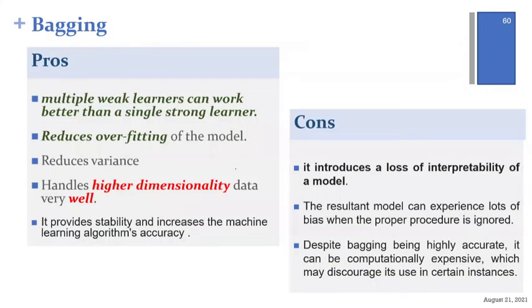Now, the pros and the cons. What are the advantages? Anything with an advantage also has its own disadvantage, for sure. The advantage includes the fact that in bagging, multiple weak learners can work better than a single strong learner. It looks strange, but this is the reality. When you have multiple weak learners, they are very weak ordinarily, but when you combine them together, and we demonstrated it before, we have something with 57.14 percent accuracy, another one maybe